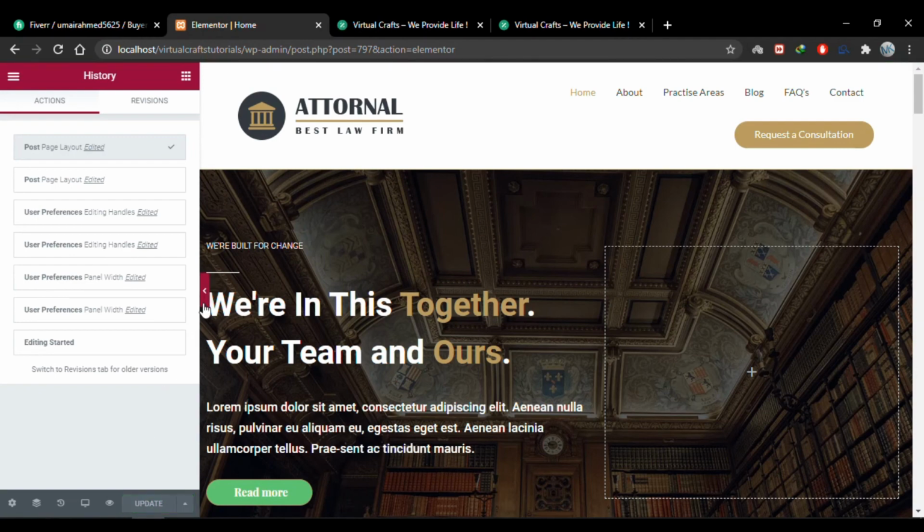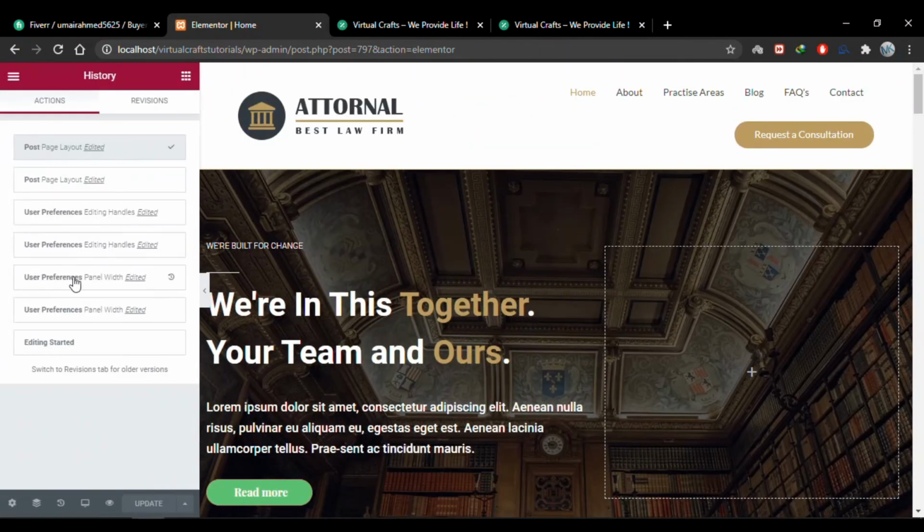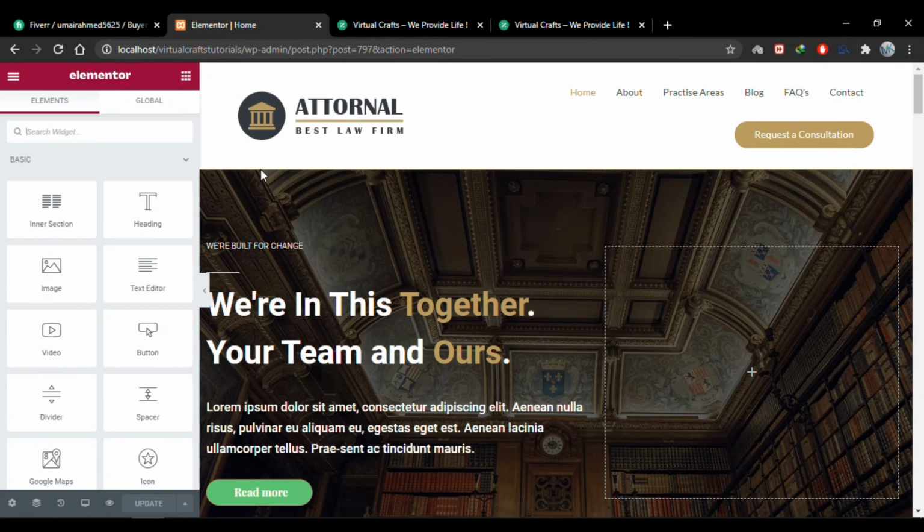You can click this arrow button to preview the site right here without going to the new tab and pressing it again to open the editor panel. Now you know how we can open a page with Elementor editor, and you've also seen the basic interface of Elementor editor panel and how all of these icons work. So in some next videos we'll see how we can use all of these widgets and create our website.